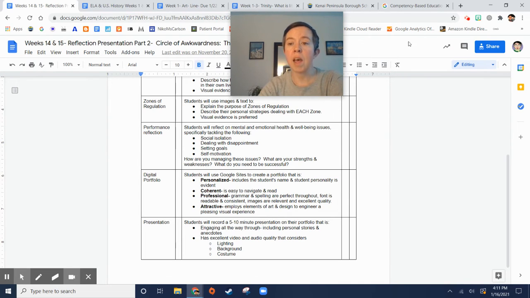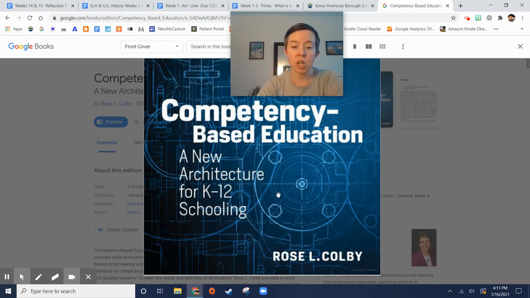So when I was looking at competency-based education, this book, one of the quotes that really stood out to me was that performance matters. And one learns to perform through a series of unconditionally supported attempts to reach a level of competency within a given domain. So my students know that the district has an expectation that I'm going to be giving them a grade at the end of the semester, but they have all semester to do what they need to do. And oftentimes my students will end up revising their work 3 or 4 or 5 times in order to get it to that competency level.